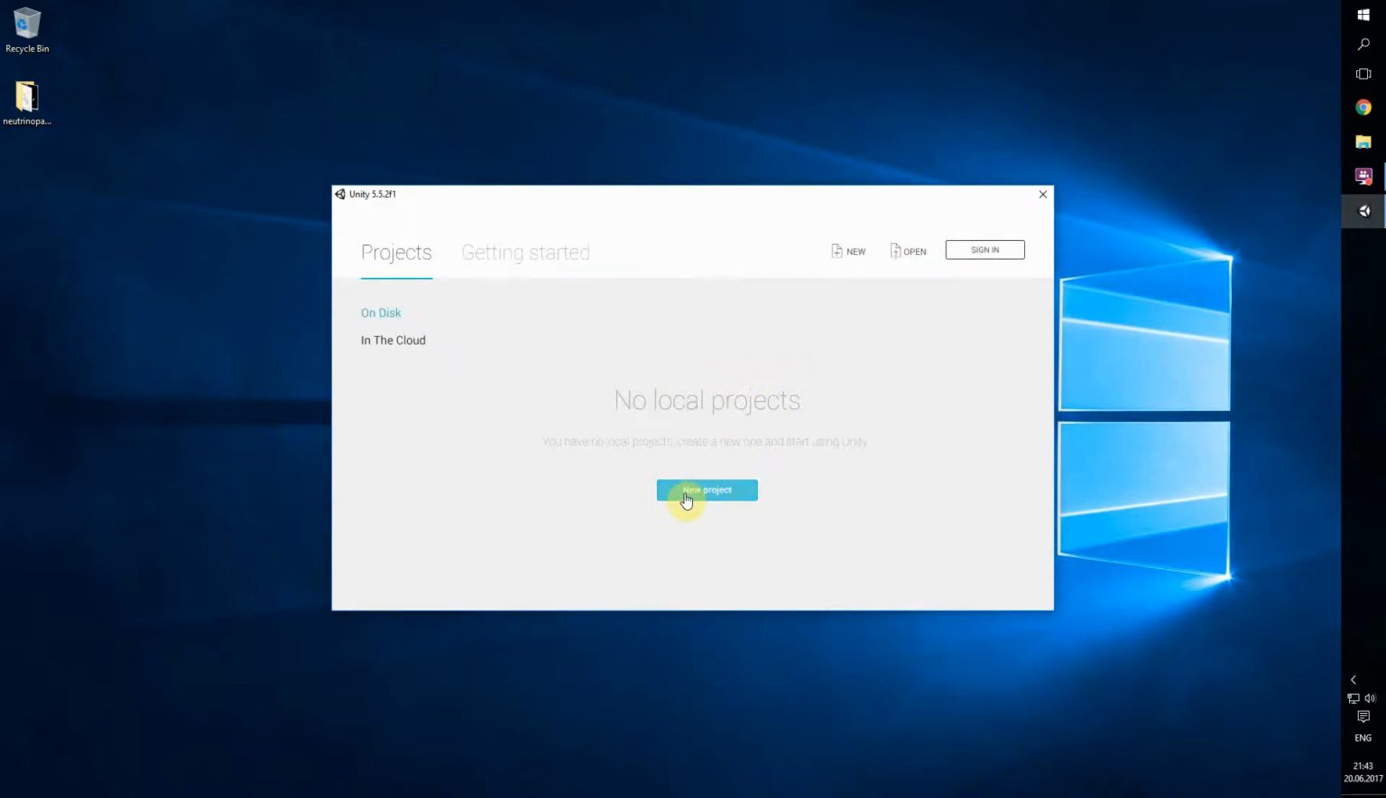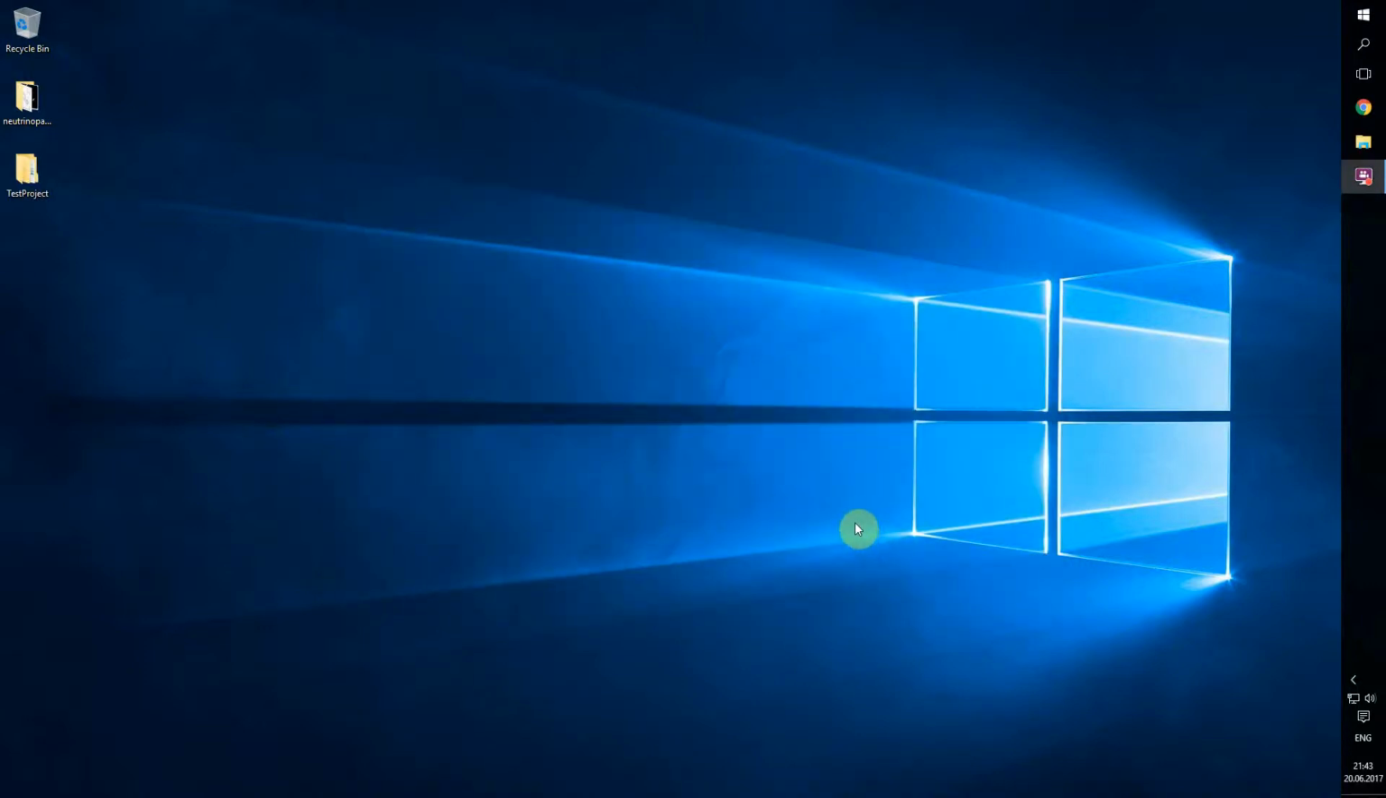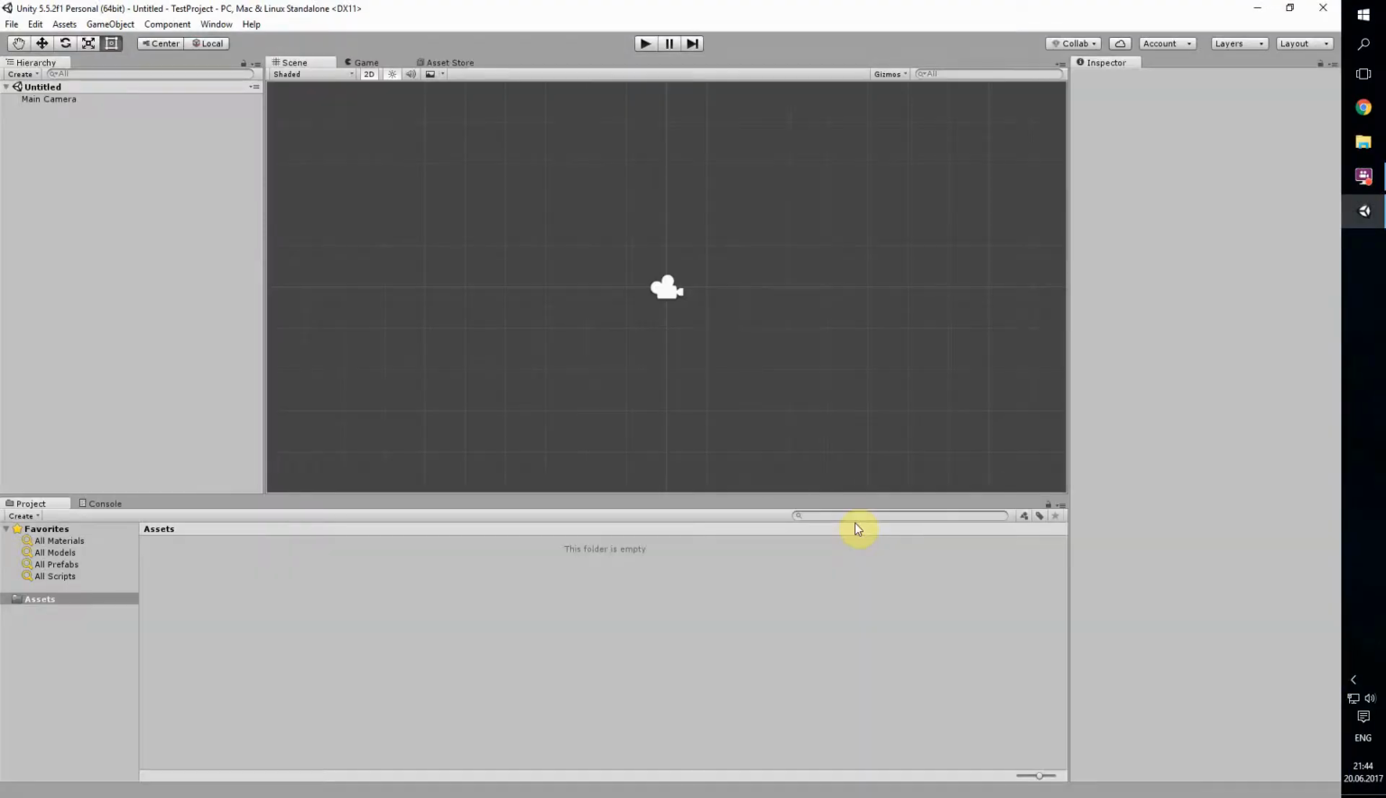I will create a new project on the desktop. I'll call it test project. It doesn't matter whether it's a three-dimensional or two-dimensional project, so I'll create a two-dimensional one. Yes, Unity started, and now we need to download